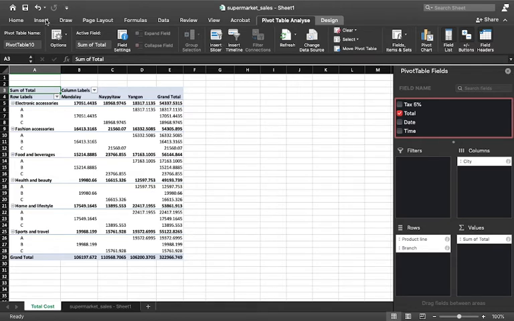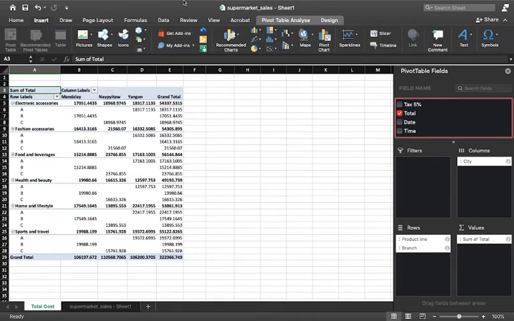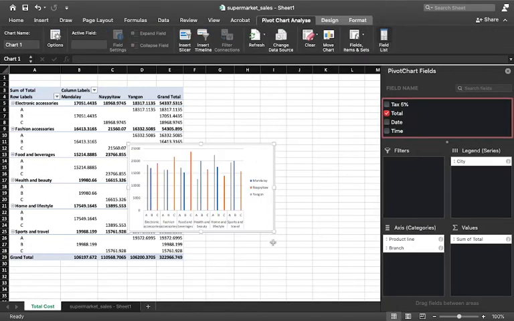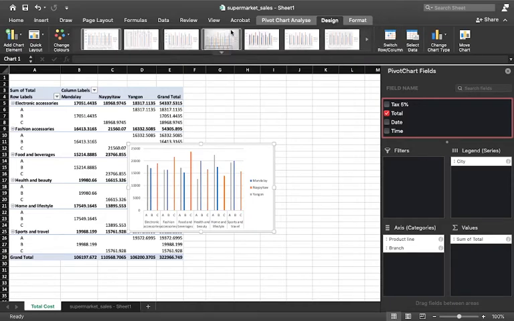Now what we are going to do is we are going to insert a chart for this. You can choose a column chart, you can insert a line chart, or you can even insert a pie chart. I think for this we'll go for a column chart and say I want a simple column chart only. And yes, here we have it. You can even choose from various designs here.